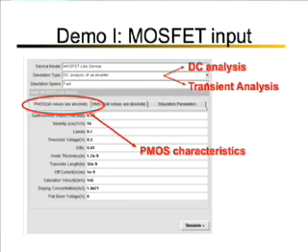and there is a scroll down menu. You can also do a transient analysis. And here the different tabs show different kinds of simulation environments. You have to provide data for the PMOS, the data of the NMOS, as well as simulation parameters. If you go to this tab, simulation parameters, you can see that there are parameters like VDD which you can choose, parasitic loads you can choose, and a set of other circuit level parameters that you can choose and provide